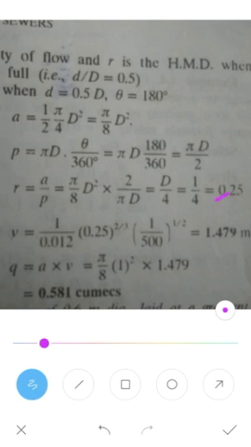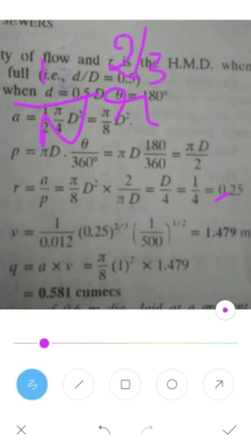Next you put directly the formula. The formula is the Manning formula. I told use the formula 1 by n, R to the power of 2 by 3, S to the power of 1 by 2. So n, as given in the problem, is